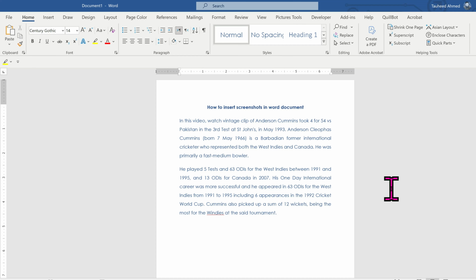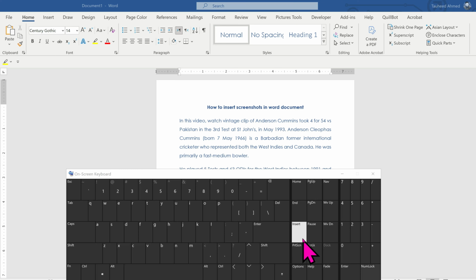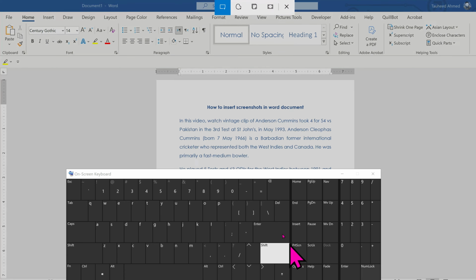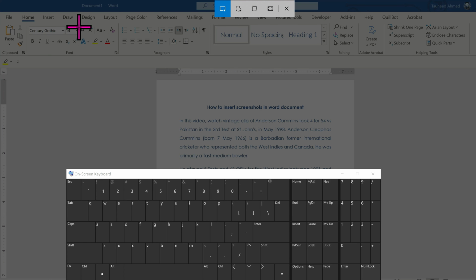In this video, I will guide you how to insert screenshot in Word document. So let me open my on-screen keyboard and you will see the Print Screen button on your keyboard, like this one. So you need to click on this button and then head to the area which you want to take the screenshot. For example, I am taking